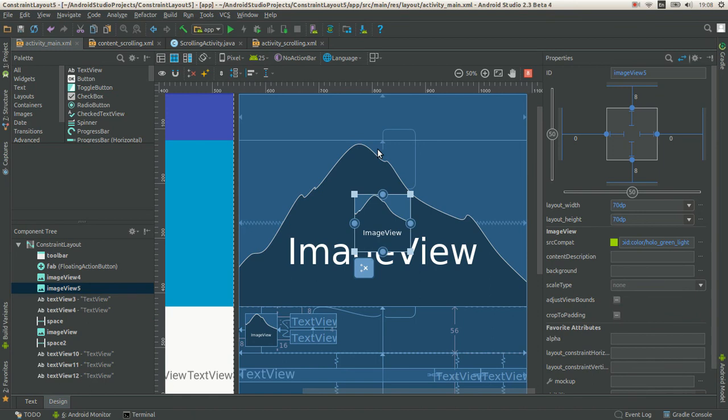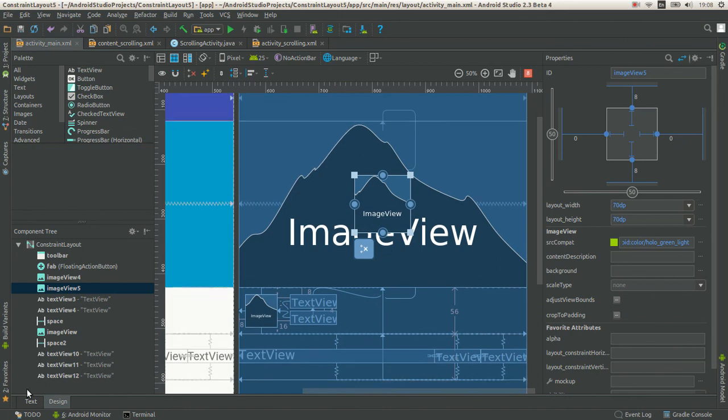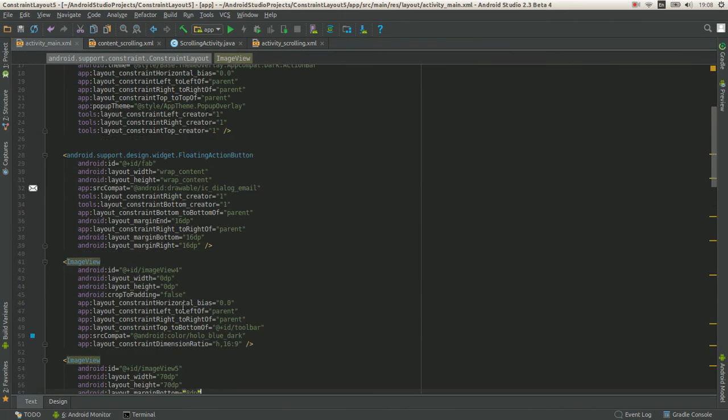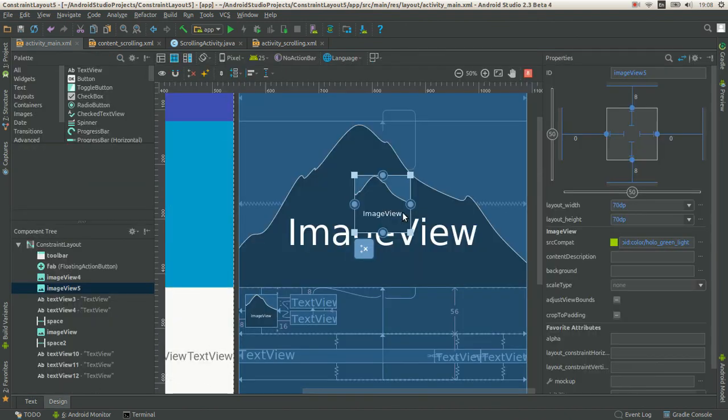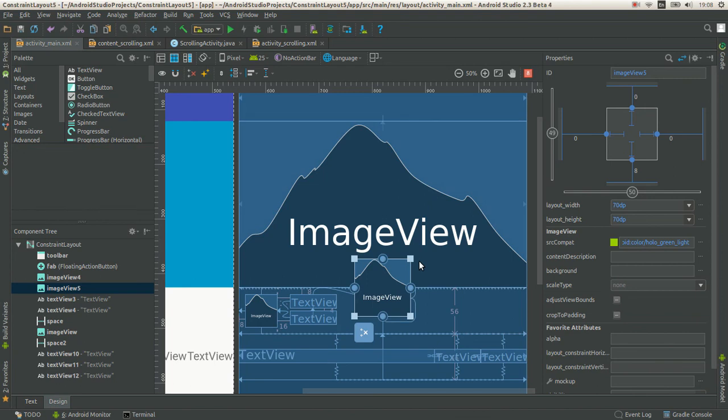Just by setting top to top, bottom to bottom, you get the centered view, which is great. You have a flat and easy to read text layout, and it's pretty fast and easy in design mode. Also, center of bottom is amazing,